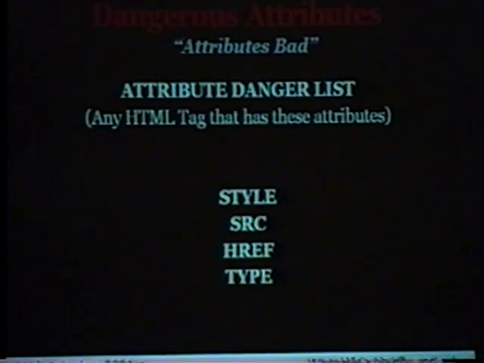And the attributes that go along with them. We saw in the past slide that those tags are dangerous. Well, any tag with these attributes are dangerous, which is pretty much most of them. Don't ever allow these attributes. If you need to allow the tag, make sure you strip and filter for these attributes because you don't want users using them for very bad things.